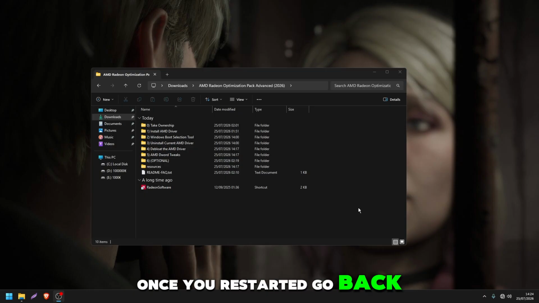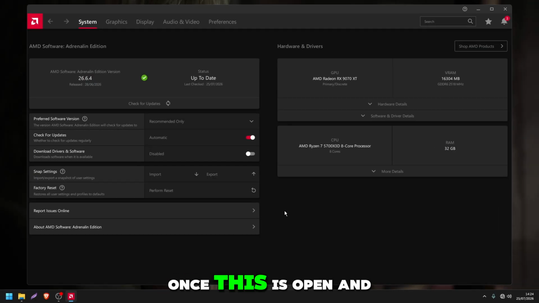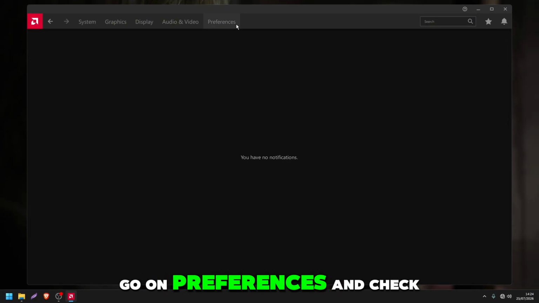Once you restarted, go back on the optimization pack and now we have two categories. For the people that kept AMD settings, you need to open Radeon software. Once this is open, untick check for update, go on the notifications, press clear all, go on preferences, uncheck everything,